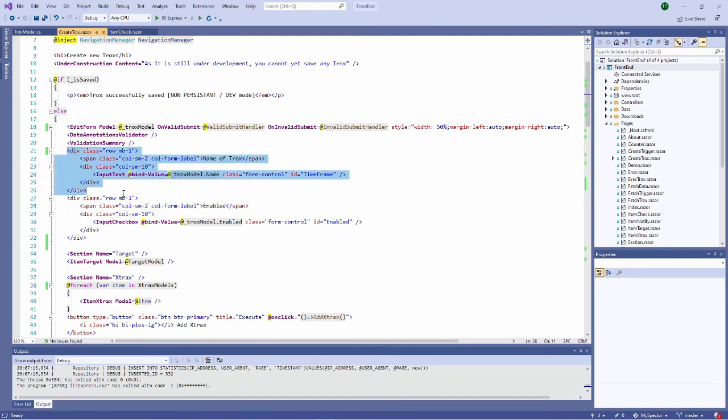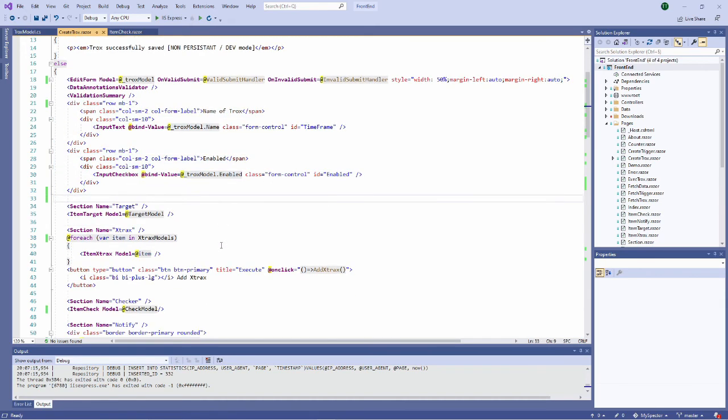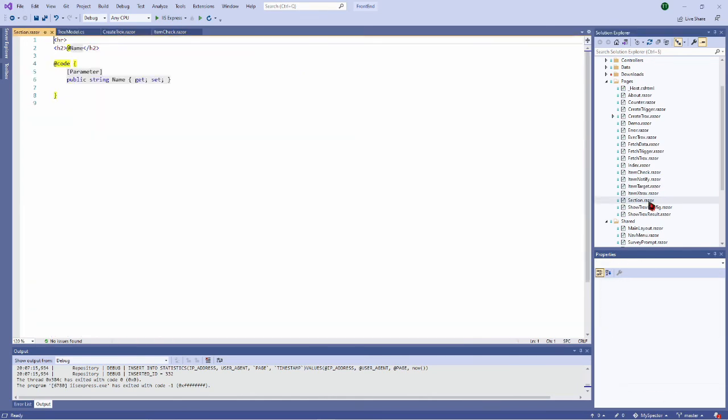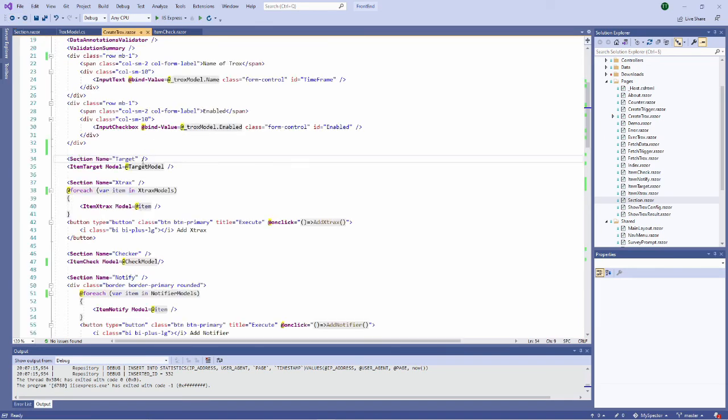There are two divs here for the global attributes of the trox, name and enabled. Then for each item there is a specific section name with the item target attached to the model. The section name is in fact only the title. And if you go to the section component, you have a very small amount of code. This is just a horizontal line and then the name with h2. And this gives the possibility to continue the refactoring.